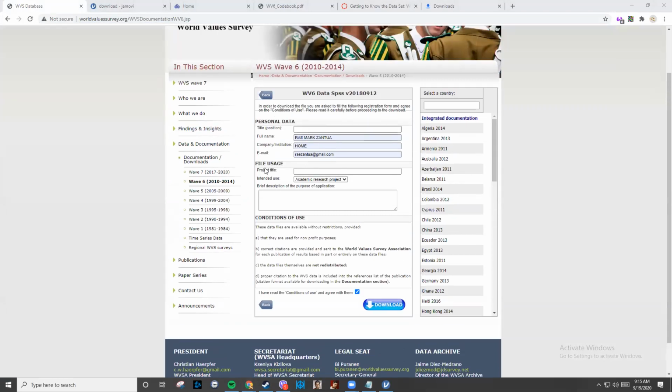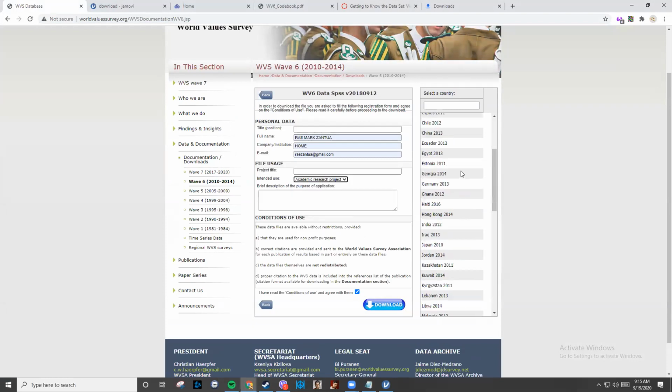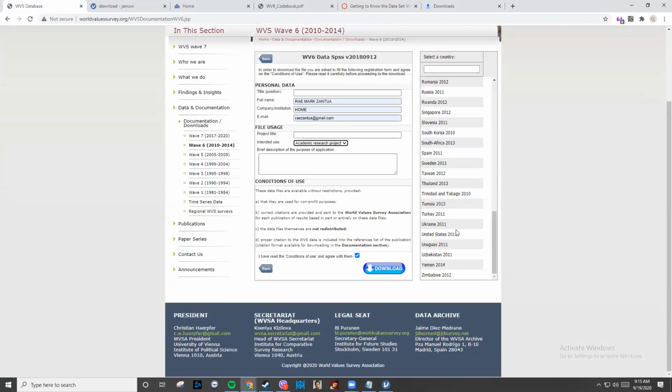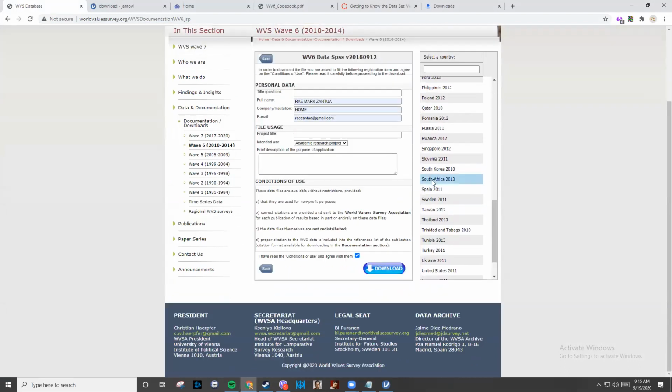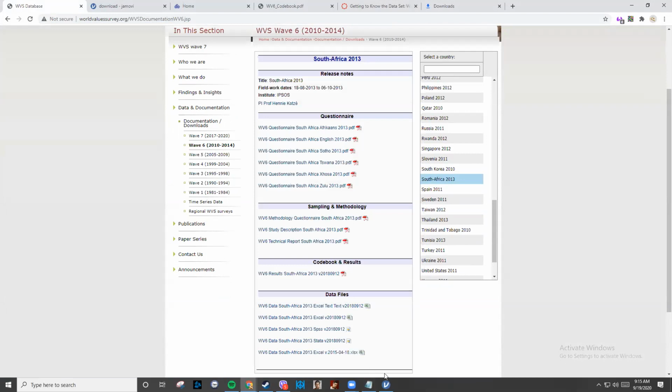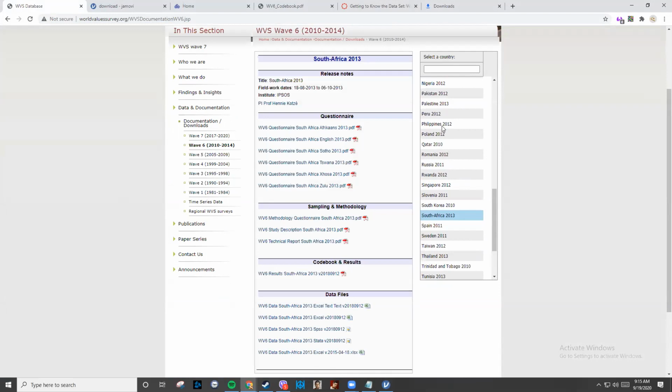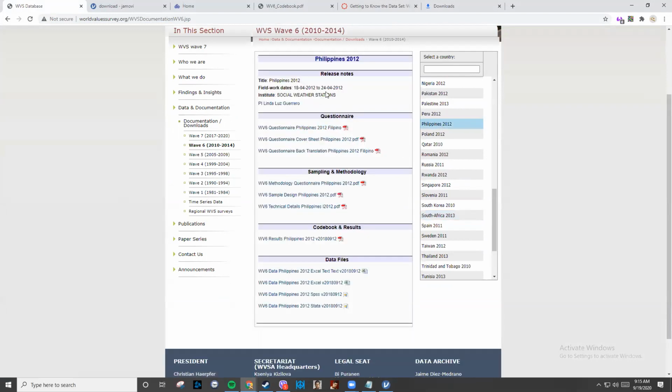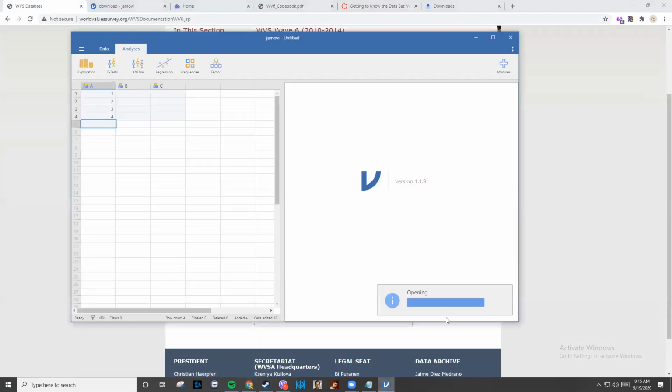You just have to fill out personal data, whatever. You just put in as academic. Then you can download the file. You can also, I think, do it per country. I honestly haven't tried. I should. So yeah, you can also do it per country, but I'm opening the full data set just so we can explore how to filter and explore each function given.